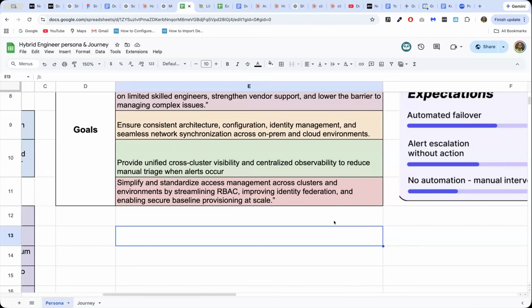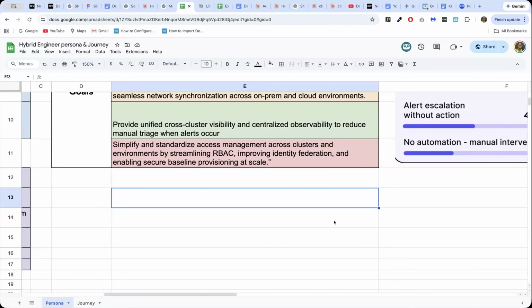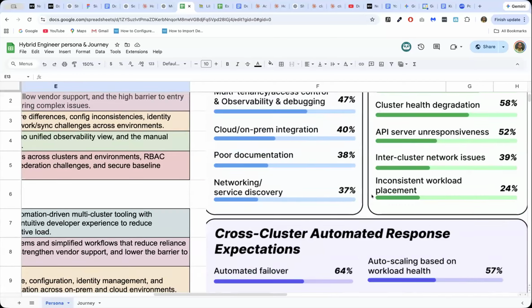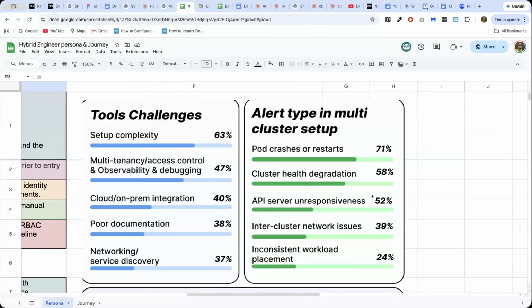synchronization across on-prem and cloud environments; provide unified cluster visibility and centralized observability to reduce manual triage when an alert occurs; simplify and standardize access management across clusters and environments by streamlining RBAC, improving identity federation, and enabling secure baseline provisioning at scale. And the next one is about the challenges specific to the tools, like what